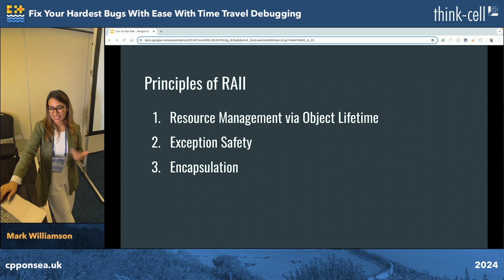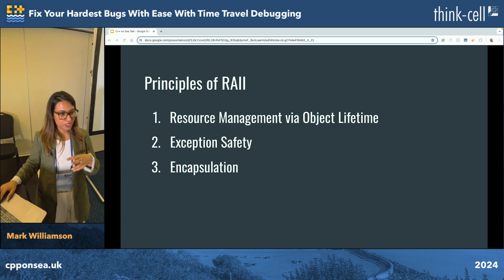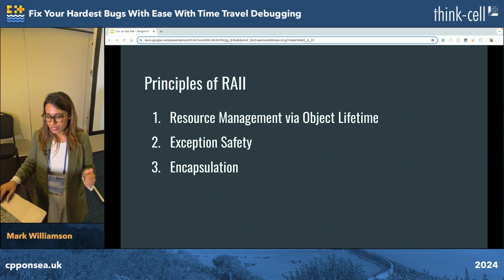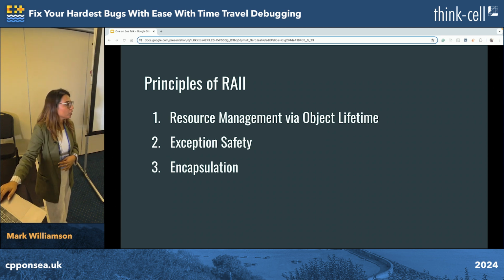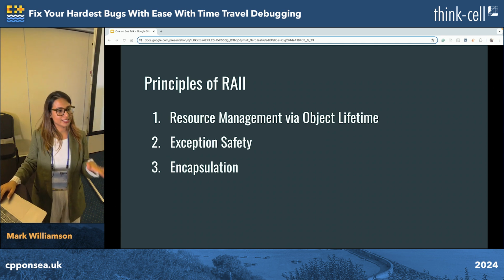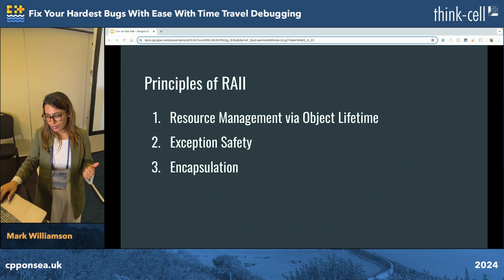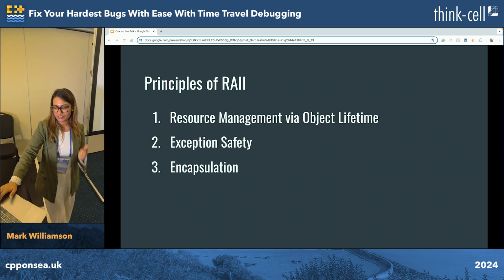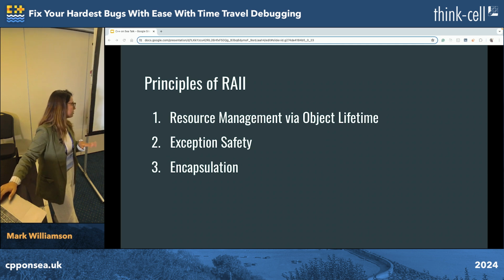The other one would be exception safety, right? Since destructors are automatically called when an object goes out of scope, resources are always released, even if an exception is thrown. So it may happen that you did something with your resource, but an exception came into the picture, but you still want to release the resource because the resource went out of scope. So I would really want to do that. And then it also prevents resource leaks and ensures that the system remains in a consistent state.